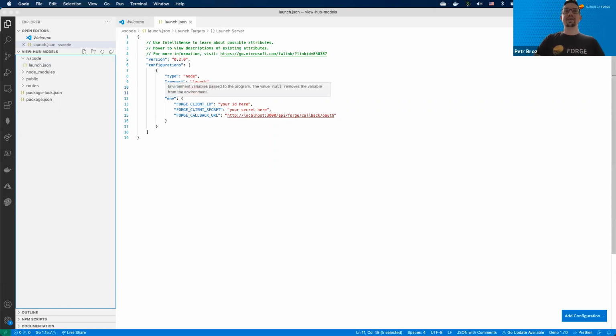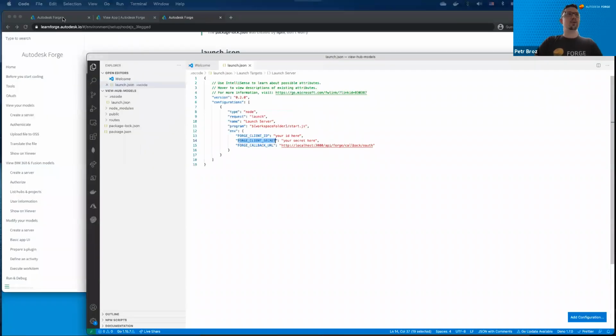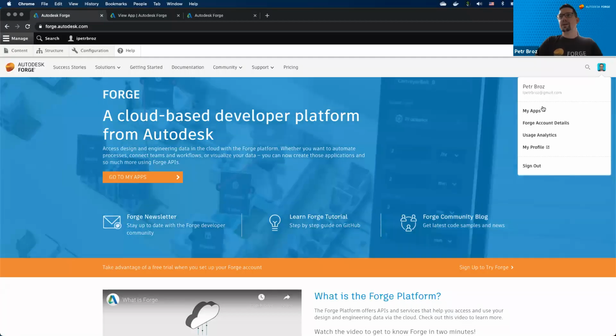And it's going to pass a couple of environment variables to the process, right? To the Node.js process. So this is where we're going to use the Forge client ID and client secret and callback URL that we've specified in our application. Now let me go back to the Forge portal, look at my applications,